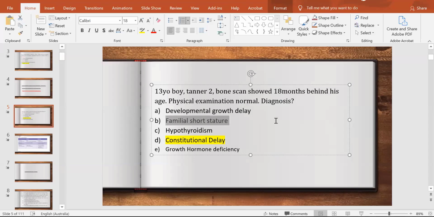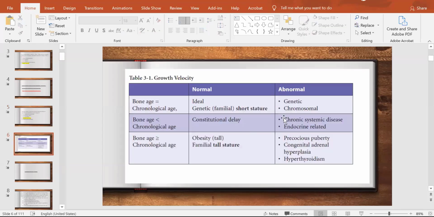Now, when we say abnormal, a person who has growth hormone deficiency will have characteristics of growth hormone deficiency, so there will be features of it. Everything will be smaller for them. Hypothyroidism will have specific features. So those abnormal features will be there. When they say physical examination normal, they are actually ruling out all these things, all abnormal findings. Clear?